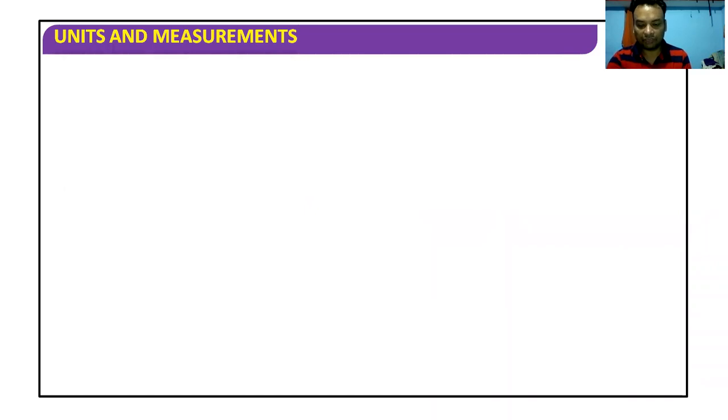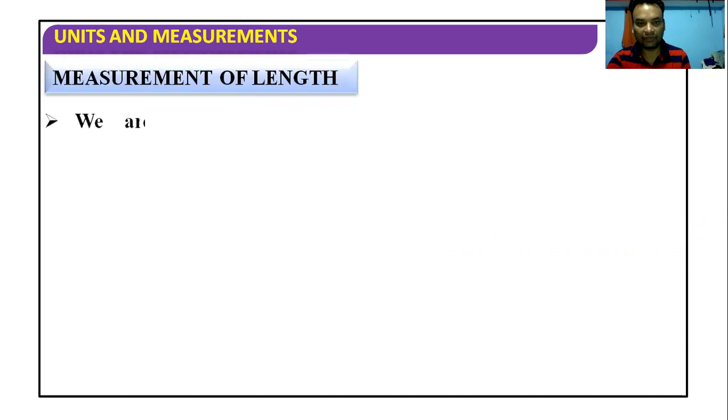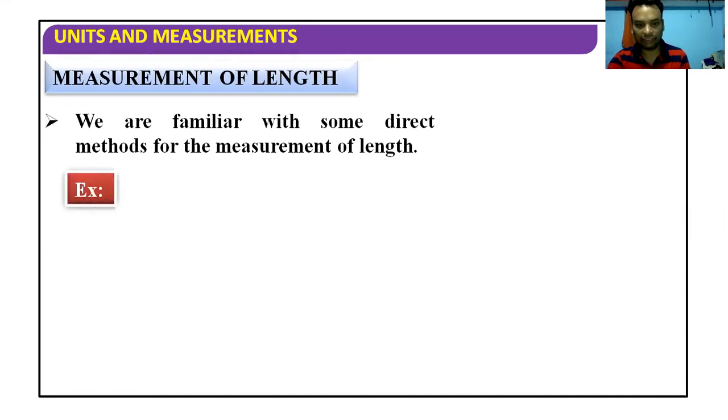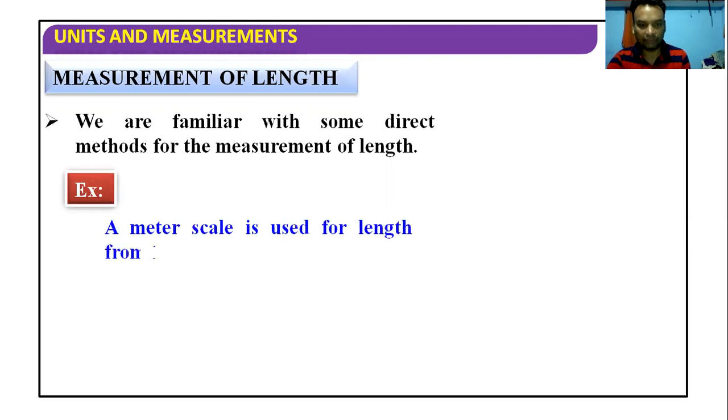In our physical world, we are dealing with two types of physical quantities. One is microscopic physical quantity, other is macroscopic physical quantity. I already told you that when we are dealing with the microscopic physical quantities, then the problem is how to determine their size. But it is very easy at the macroscopic level to find out the size of the object.